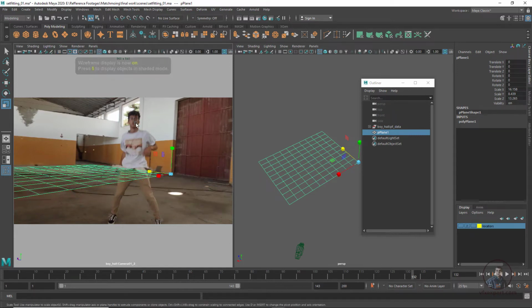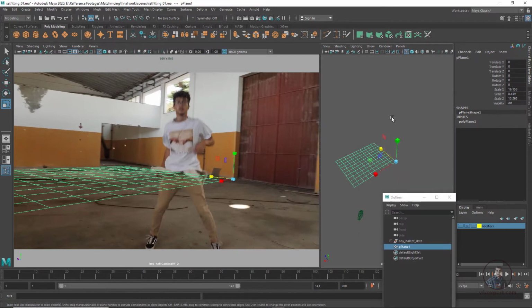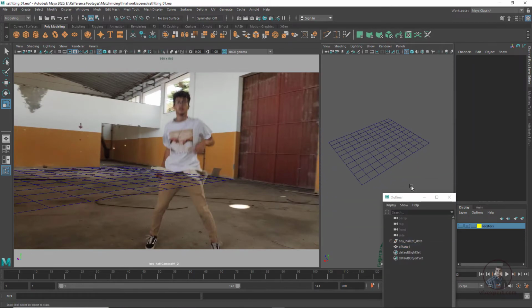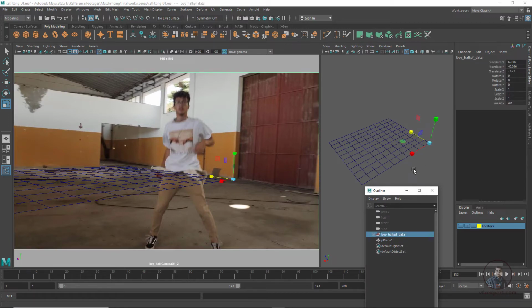4 means just wireframe mode, so easily you can see, and this will be our perspective view, so easily we can see from here. Now just select this scene group and rotate a little bit. So press E and rotate a little bit.